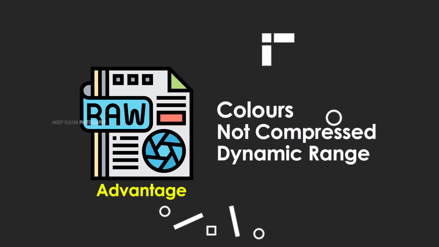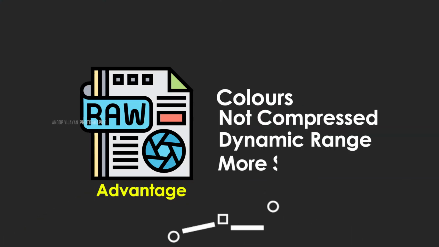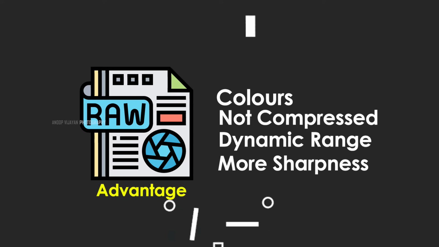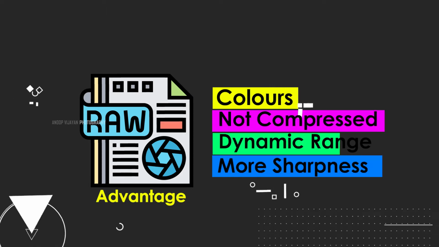The third point is dynamic range. The raw file has more dynamic range. As I mentioned, when you have 281 trillion colors, definitely you can manipulate your images however you want. That is the third point. Coming to the fourth point, better sharpening potential. That means your image can be enhanced like anything compared to other formats, because all the information is in the raw file. From a normal layman's point of view, I can tell you that all this information is in layers, and the only thing you need to do is enhance your layers. That is what I just want to tell you.